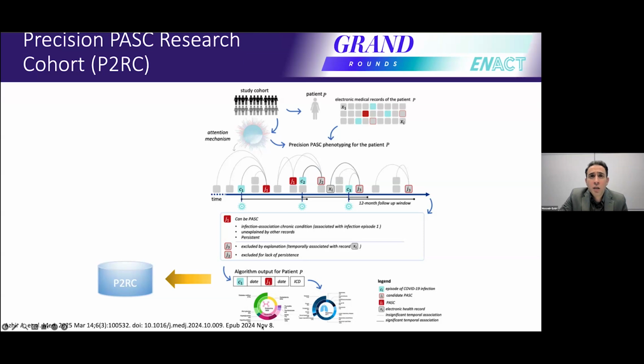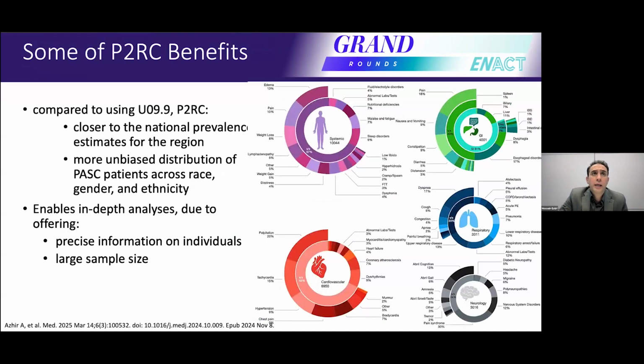And as you can see in this diagram, for each patient, for each incidence of long COVID, you know which COVID infection it's associated with, what the date of that infection is, what the broader group of that long COVID problem is, and what its date is, and then it translates to an ICD code. All of these rows go into this precision path research cohort. So this cohort, P2RC, has a lot of benefits. We have a lot of detailed information about how long COVID actually manifests across body organs.